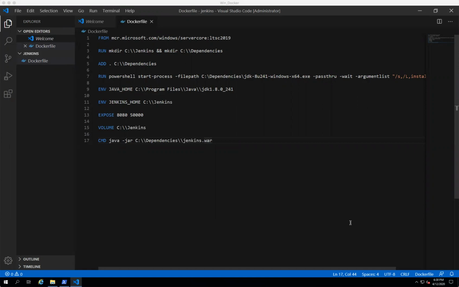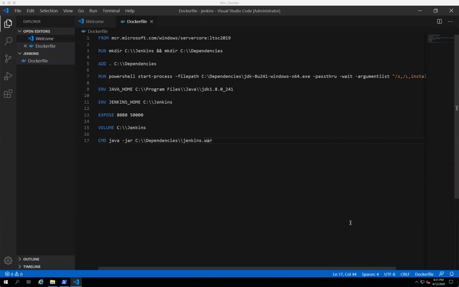In this video, I'm going to show you how we can run Jenkins inside a Windows Docker container. Running Jenkins inside a Linux Docker container is pretty easy. Go to the Docker Hub, search for the Jenkins official image. From the documentation page, get those commands and launch the Jenkins container. That's it. But when it comes to Windows, you will not get those images. You have to write your own Docker files, build them, and run containers from them. And this is not an easy task.